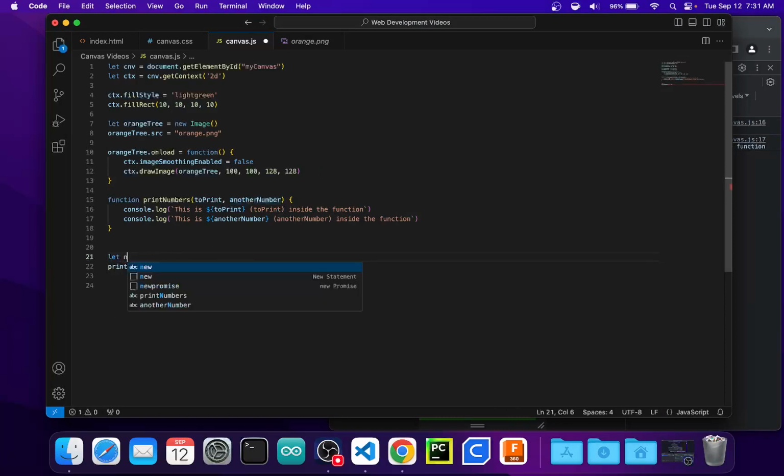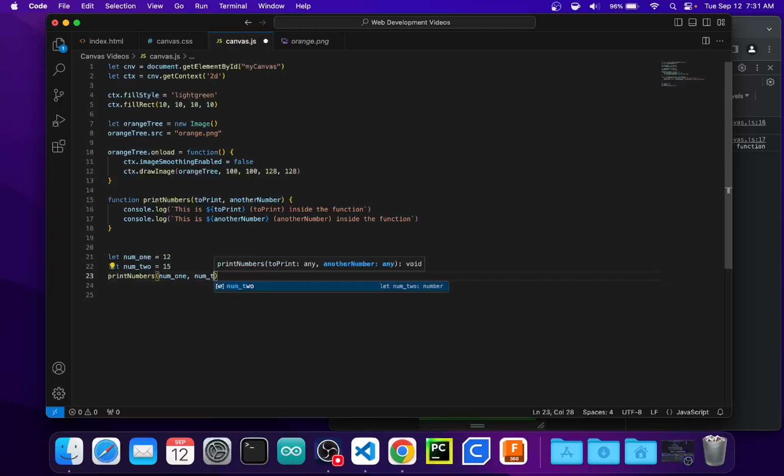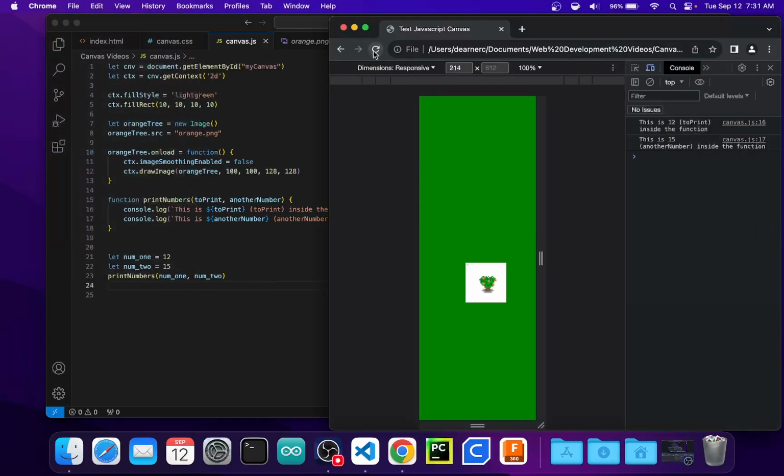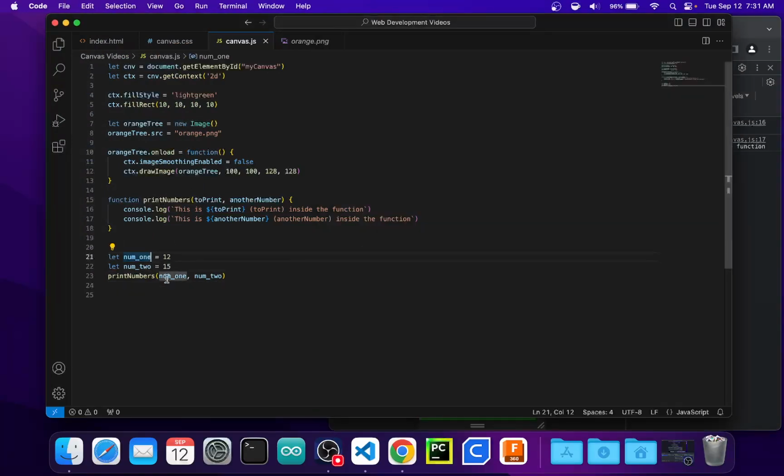So I could say let num1 equals 12, let num2 equals 15, and then I could say printNumbers(num1, num2). And so when I save this and run it, it is going to print out this is 12 and this is 15. And what is happening here is, when I call this function, print numbers,